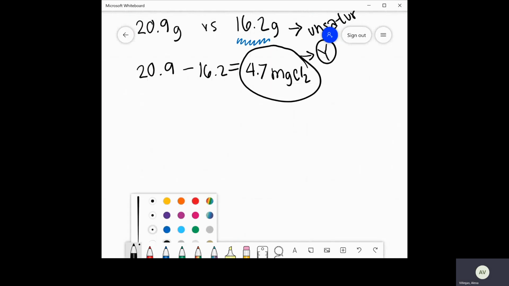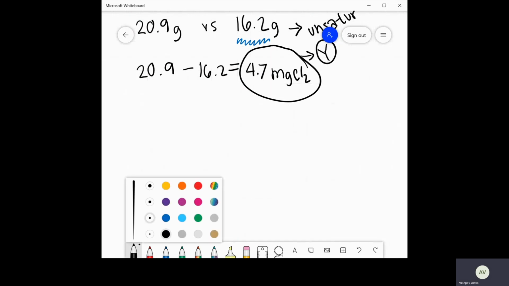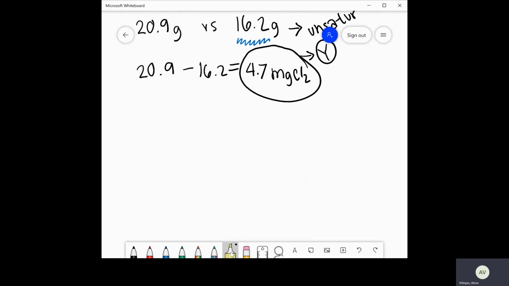Then in part B, it asks, how many more grams of magnesium chloride are needed to make a saturated solution at 80 degrees Celsius? So this is now going to be asking to perform an experiment at a different condition. So we're going to, again, set up our conversion factors. So we still start out with the same amount. We still start out with 38.2 grams of H2O. But now for every 100 grams of water,